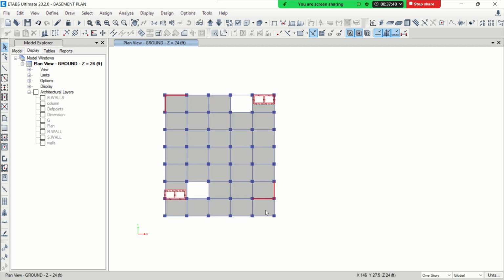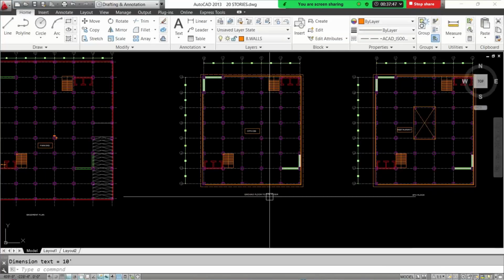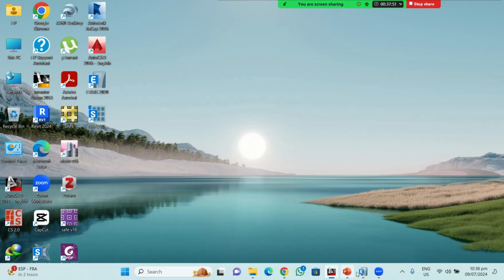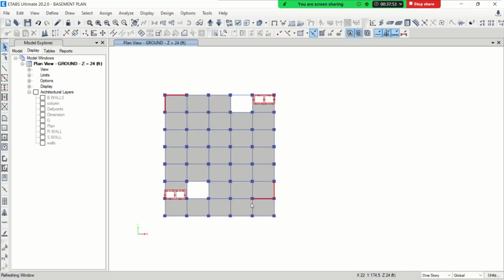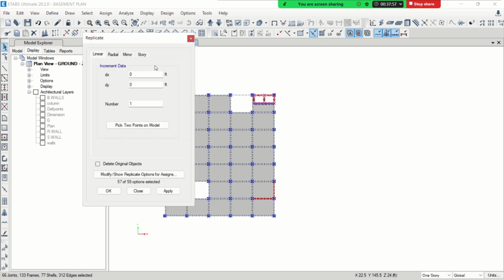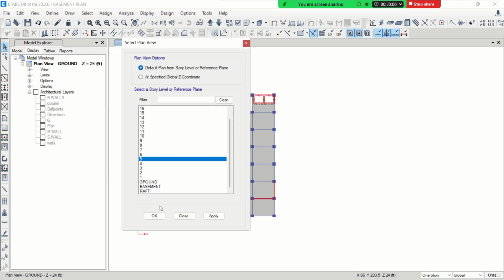So this will be your ground floor, and it has been replicated from the ground floor to the fifth floor. So we will select this ground floor, and we will go to replicate, and it will go from first to fifth floor. Now we will go to the fifth floor,